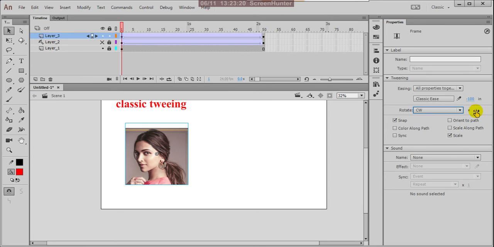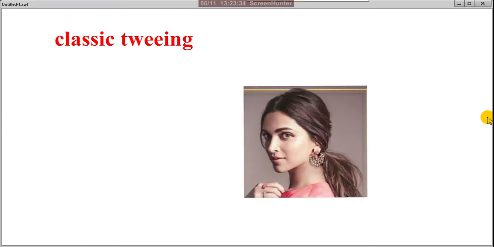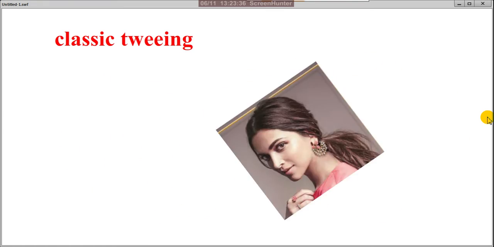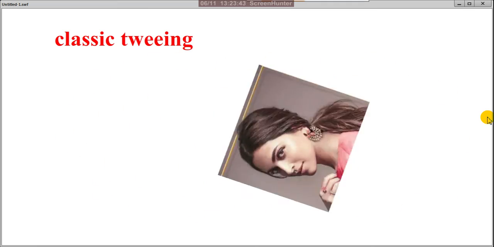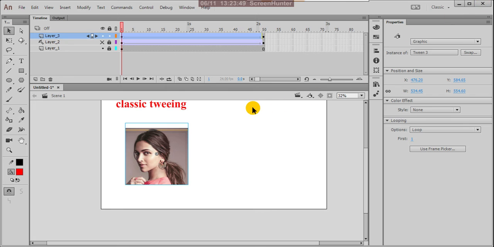How many rotations do I want? Suppose here 3 rotations. Give as many rotations as you want. See this, slowly making rotations and ending fast. Okay, see, this is beautiful, very nice.